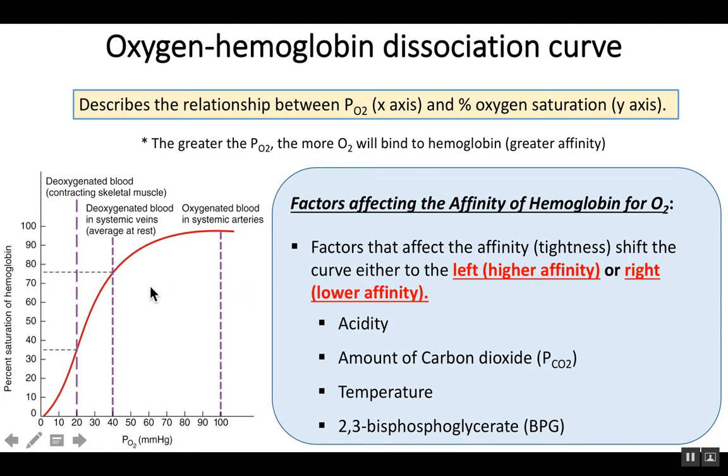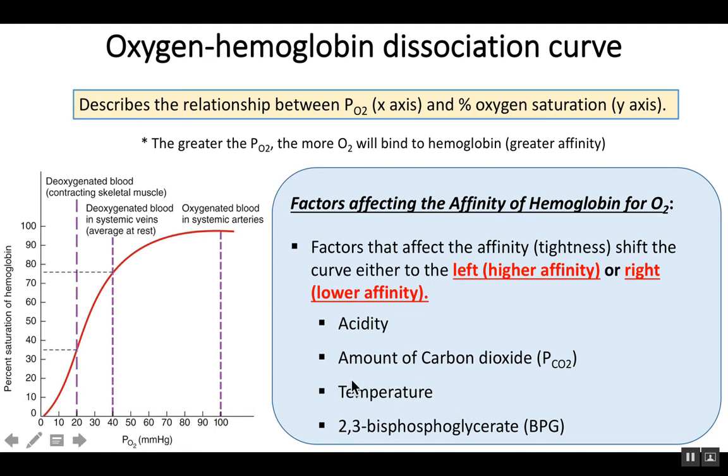What conditions, what factors might shift this graph to the right? Those things lower the affinity. And we're going to focus more on the things that lower the affinity. You might want to remember that lowering the affinity is a way to unload the oxygen, and we want to unload the oxygen at systemic tissues. So the big things are,